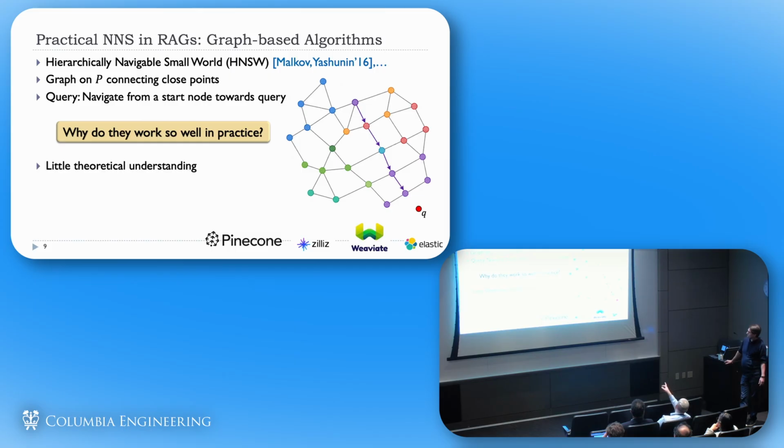I guess the success of this really depends on the graph having some nice properties. You could end up with loops where you always try to go back. So the question is how to build graphs so that you avoid that. But also, once you build a graph, it won't be a loop if you always move closer to the query, because you always have a potential function that is decreasing.